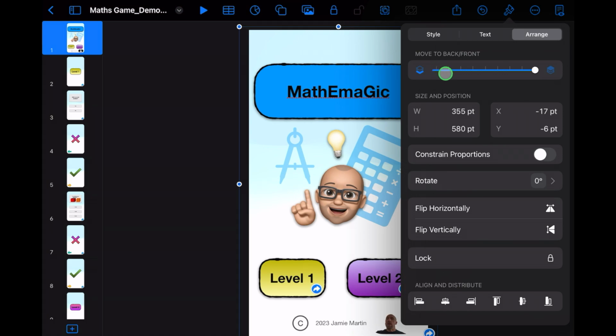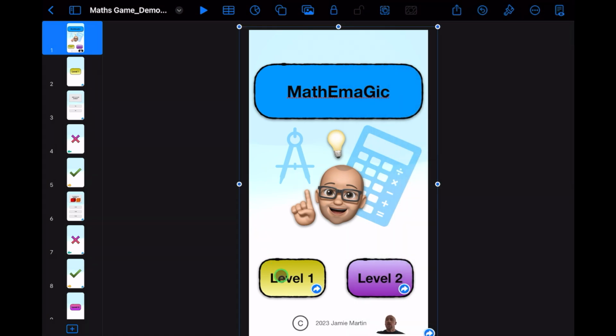And you'll notice for every asset I add, whether it's media, whether it's a shape, whether it's a chart, it has each of those different marks show a different asset that's on the screen. Now, apart from level 1 and level 2, every other asset that I have there, I want to be behind my invisible shape. So I'm just going to come here and move the slider back a little bit, and then come out and double check if I can get to any of that. So I get to the level 2 one, my level 1 one I can't access still,